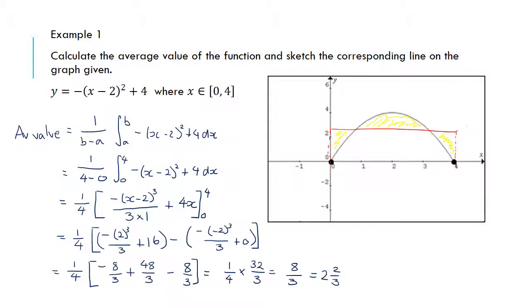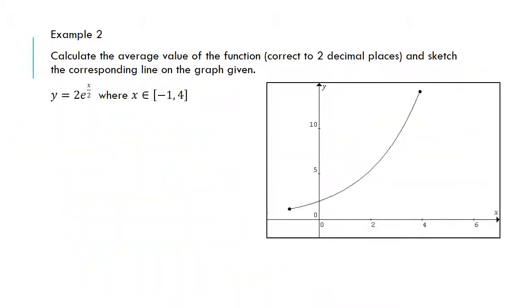Let's have a look and see another example. So in our second example, we are now doing the same thing, but we've got a different function here. Average value, so we're using the same formula that we were doing before. It's going to be 1 over our b value, which is 4, minus the a value, which is negative 1. The integral from our a value, the smaller value, up to the b value there of the function